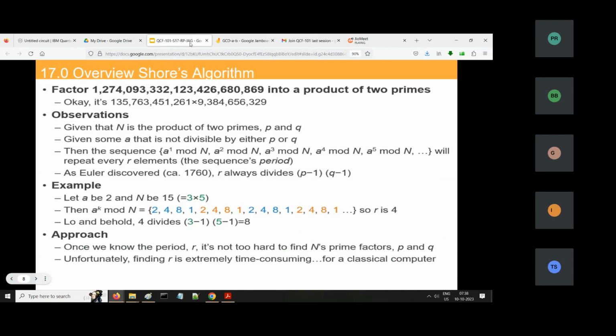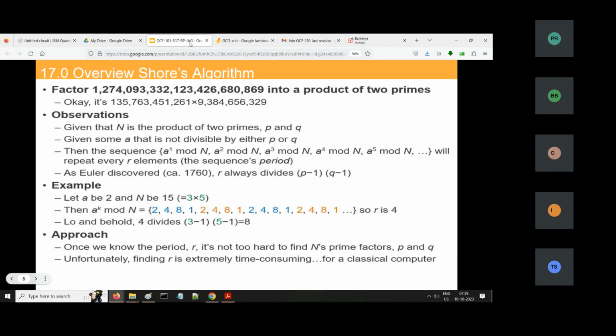Once you find 4 as the factor, then suppose we didn't know 3 and 5, we just have to check whether 4 can divide the number, whatever your n is. In this case, we know it. So let's say 3 minus 1 and 5 minus 1. 3 minus 1 is 2, 5 minus 1 is 4, 2 into 4 is 8. So the repeat factor can divide whatever is your p minus 1 and q minus 1,